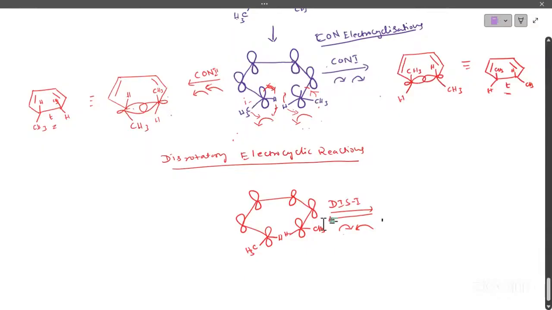Yeah, right. At C1, it is rotating clockwise. At the C6, it is rotating anti-clockwise. For the clockwise rotation at C1, what's happening? The rotation orientation is like this. Therefore, during the rotation, the outside group, the methyl group, is moving up. The inside group is moving down. At the C6, it is undergoing the anti-clockwise rotation. The outside group, the methyl group, is moving up. The inside group, hydrogen, is moving down. Then what is the product? After overlapping, we can see that